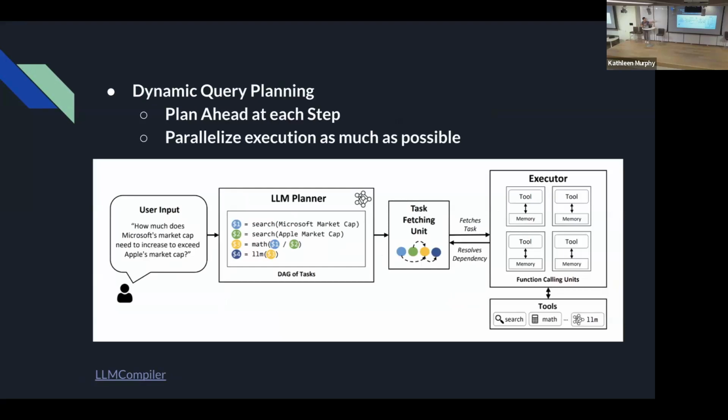Then there is another agent that can solve this problem, called dynamic query planning. Basically, this is a diagram, and there is an implementation called LLM Compiler, which can solve this problem. You have the input, you put it into a planner. The planner, you can think of it as a DAG. It's going to launch a bunch of workers, and each one is going to run a large language model. If you're interested, you can take a look at it.